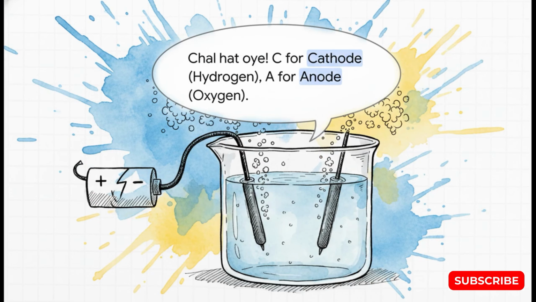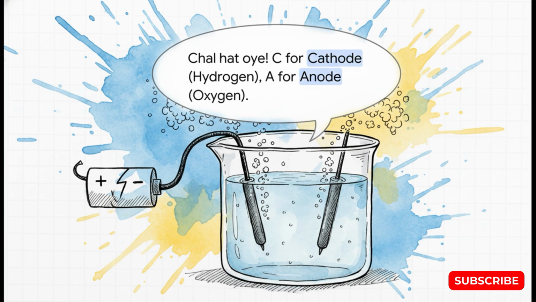Now, another way to force a breakup is through electricity, like when we split water into hydrogen and oxygen. To remember which gas goes where during this electrical breakup, there's a fantastic, cheeky Hindi phrase, chal hatoi, which roughly translates to, hey, move out of the way. It's an incredible memory tool.